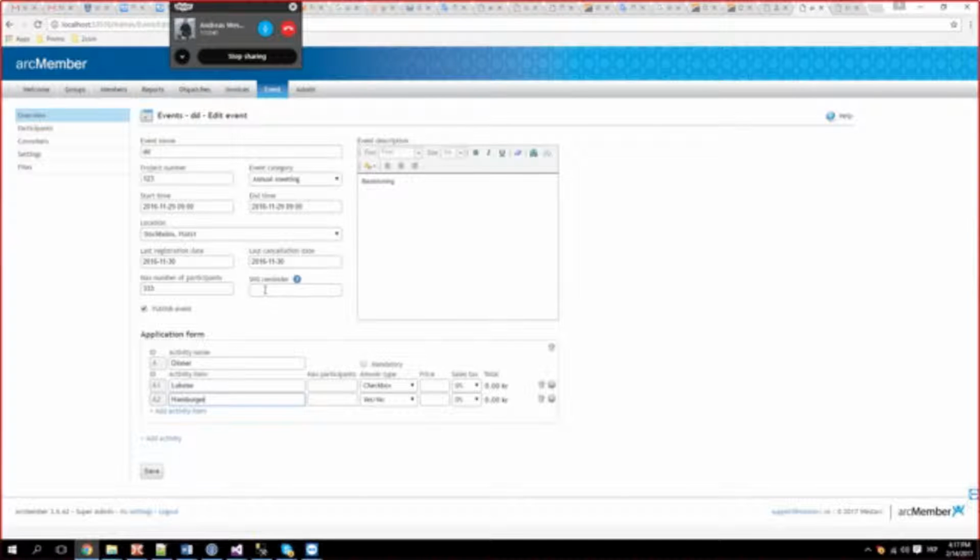What I want to show you is that this is something the user can participate in, and they should choose between a lobster or a hamburger. Checkbox, radio button, sorry.